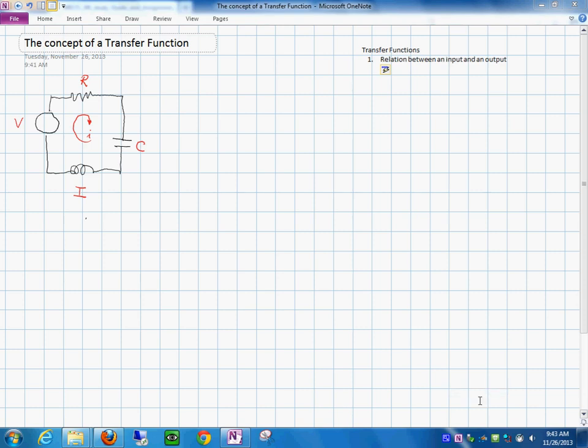Okay, today we are going to see the concept of a transfer function, and I just wrote down on the right hand side over here what the transfer function fundamental concept is. It's the relationship between an input and an output. So why don't we define on the left hand side over here what my inputs are? What is my input over here? So this is my input, in this case voltage of time, a function of time obviously, and I am going to define as an output,